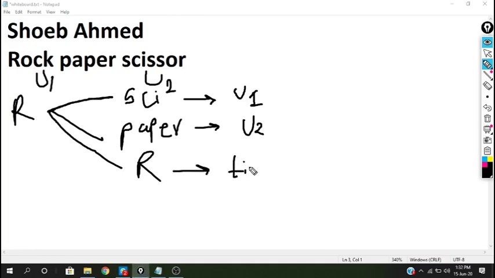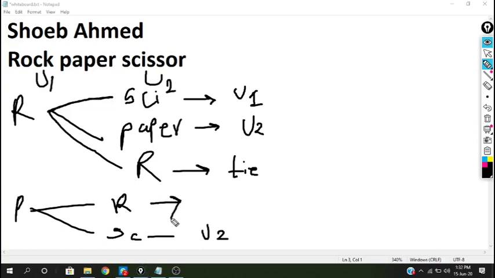That is the rule of rock paper scissors, and the same applies for paper. If user 1 has taken paper and user 2 has taken scissors, the winner is user 2. If user 2 has taken rock, the winner will be user 1.